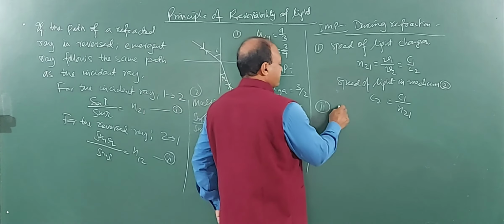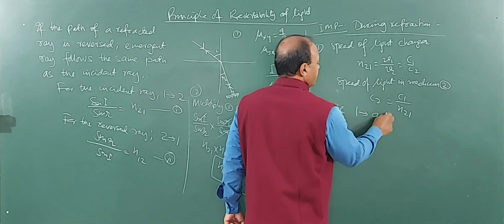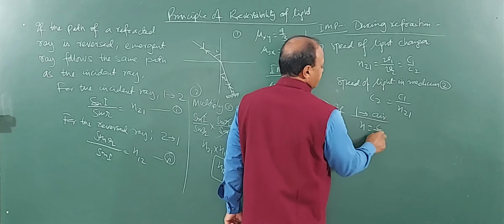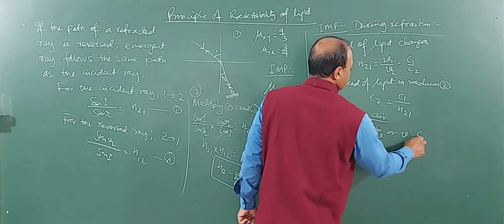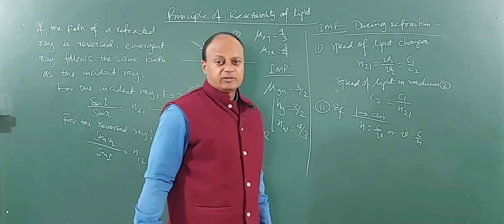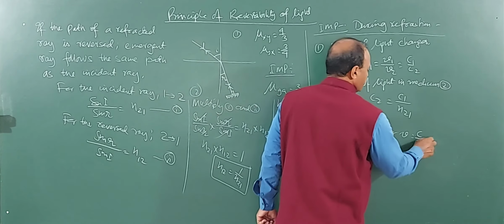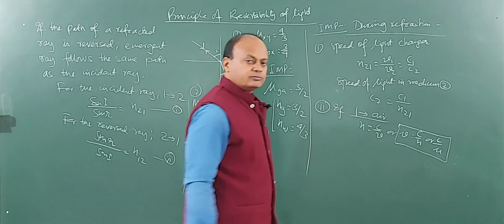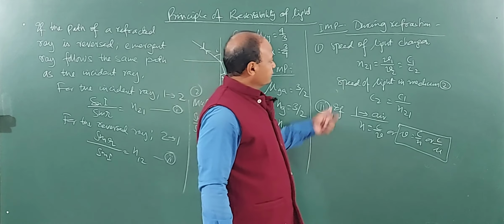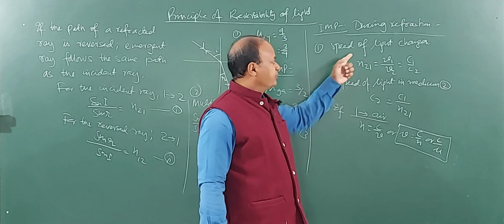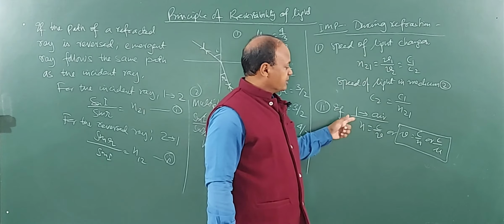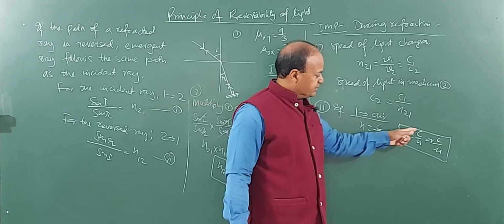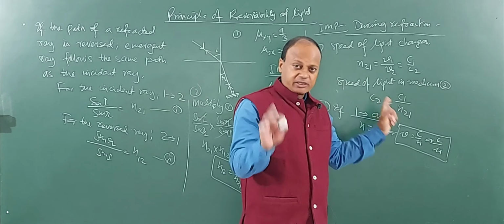If medium 1 is air, then we get the formula n is equal to C by V, or V is equal to C by n. Many books will not be writing n, they will be writing mu. So, you can also write C by mu. This is an important result. So, speed of light changes, we saw two formulas. If medium 1 is not air, then I will be using this formula. If it is air, I will be using this formula. So, speed of light in a medium is speed in air divided by refractive index. Very simple. You will get numericals on this.